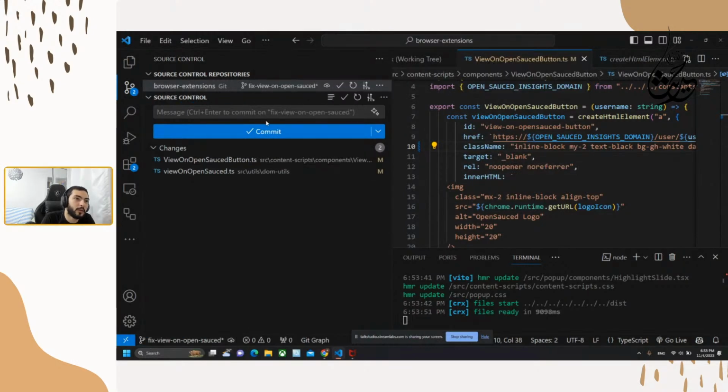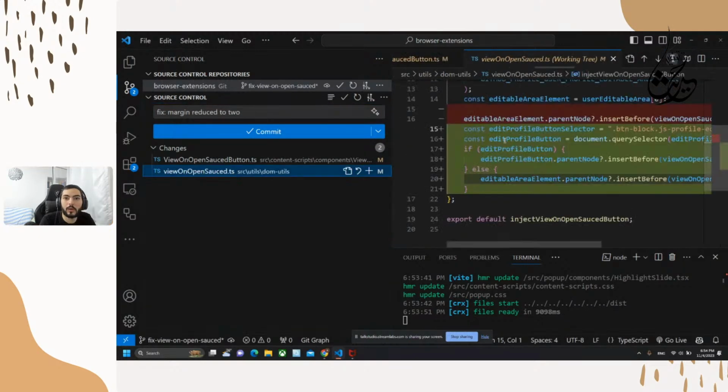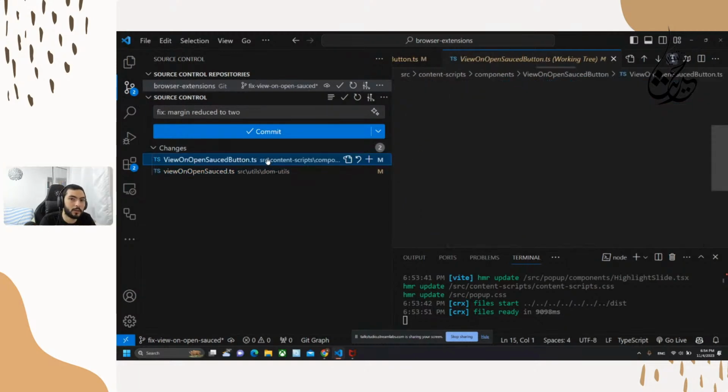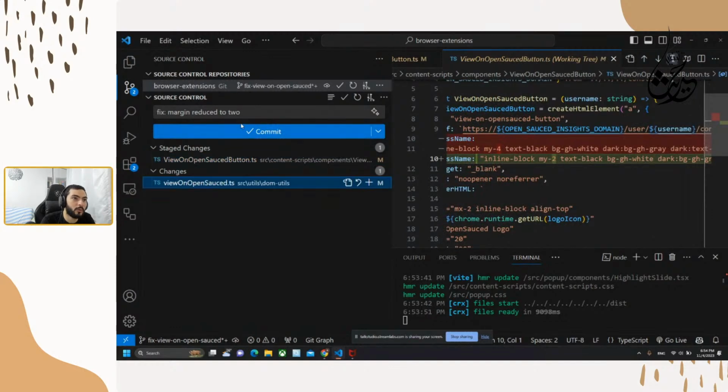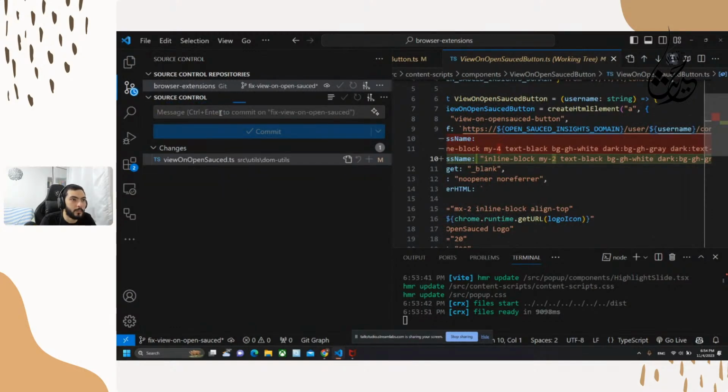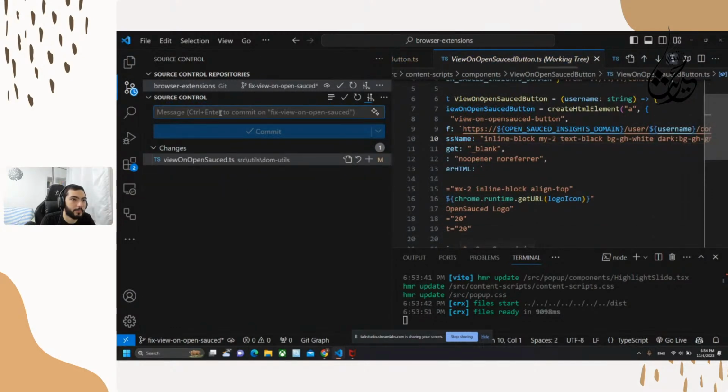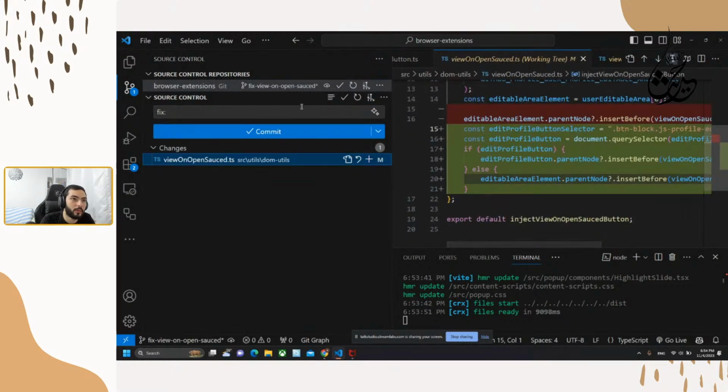We will create that branch, and we just fix the margin, reduced to 2. Yeah, we could just do this one, and here fix, we could go with